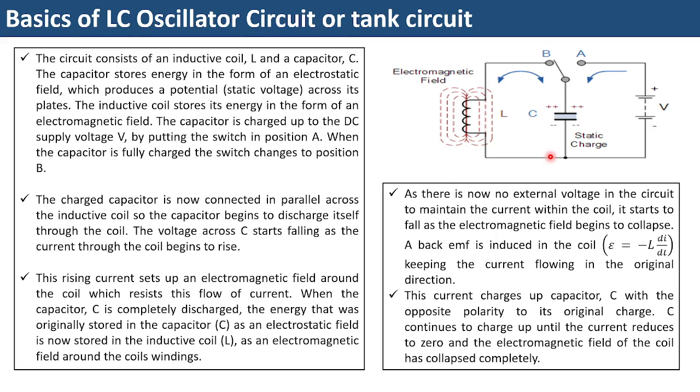but flow in the same direction, and that is because of the back EMF produced across the inductor. Alright. Now, because of that current, the capacitor once again gets charged but in the reverse direction. That means if the front plate was positive and the bottom plate was negative initially, now the bottom plate will become positive and the front plate will become negative. Alright, and this cycle will continue. So this will give you the required oscillation of the current, which we obtain generally from the LC oscillation.